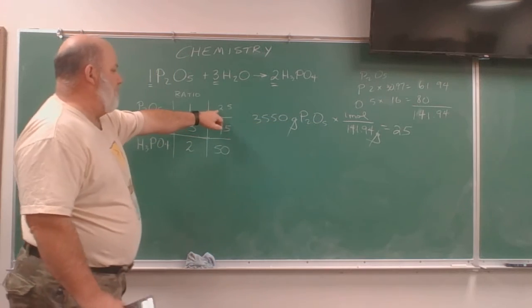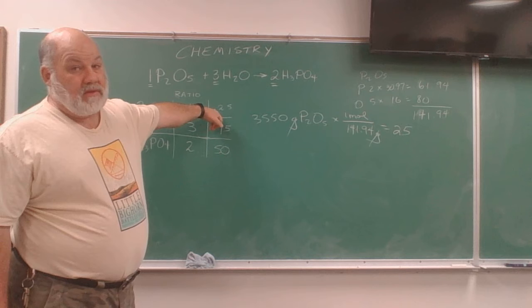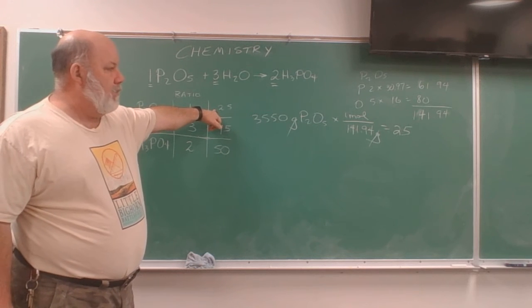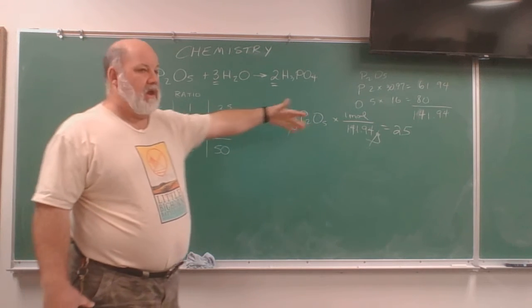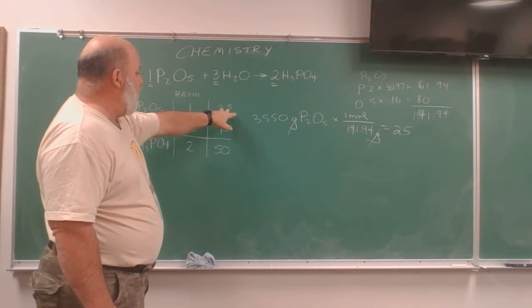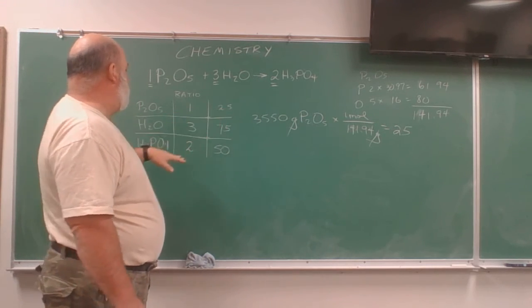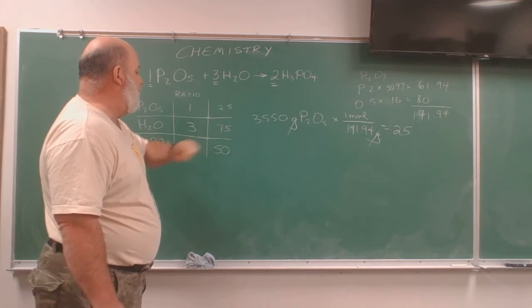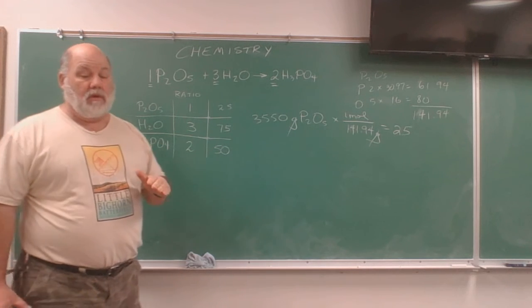Well, where have I ever seen that before? In our very first example, they used 25. Okay, it wasn't just randomly that they picked this number. They picked something that's going to show up again. Oh, so if I've got 25 moles of the P2O5, that means I have 75 moles of water and 50 moles of the